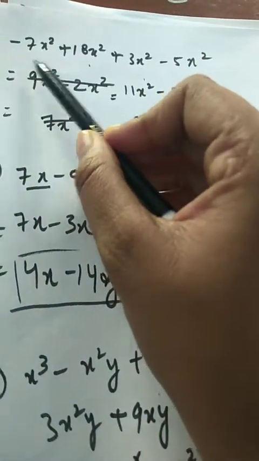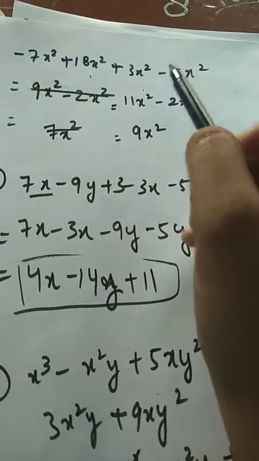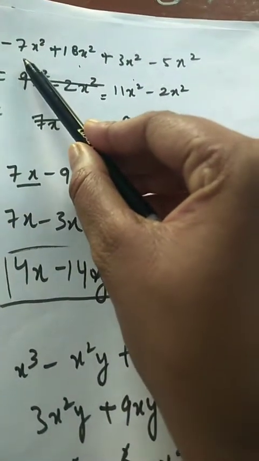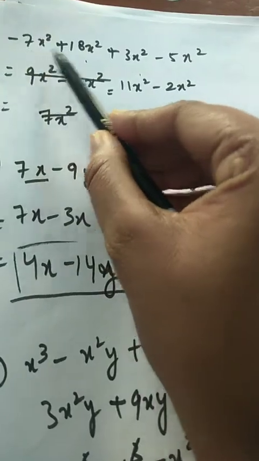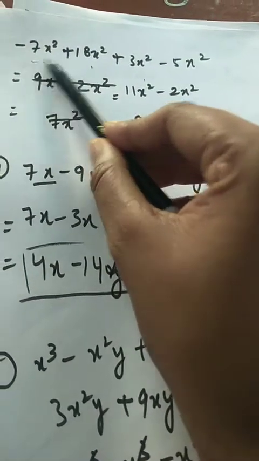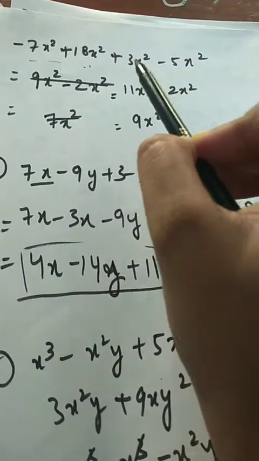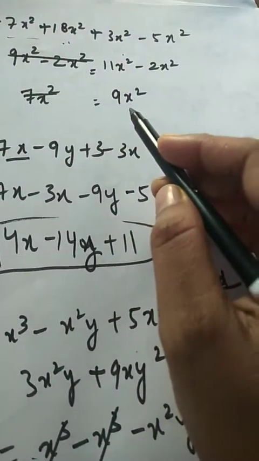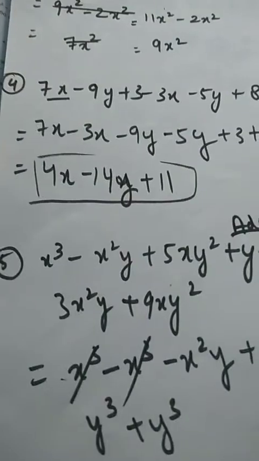First is to collect all the negative terms and solve it, and take positive terms together and solve it, or you can solve by taking two terms together. So here we have taken two terms, so it will be 11, and again here we have taken two terms, so it will be 2x, and our answer will be 9x square.